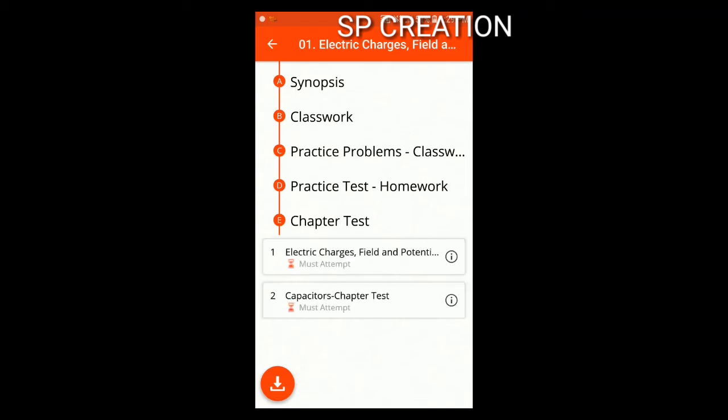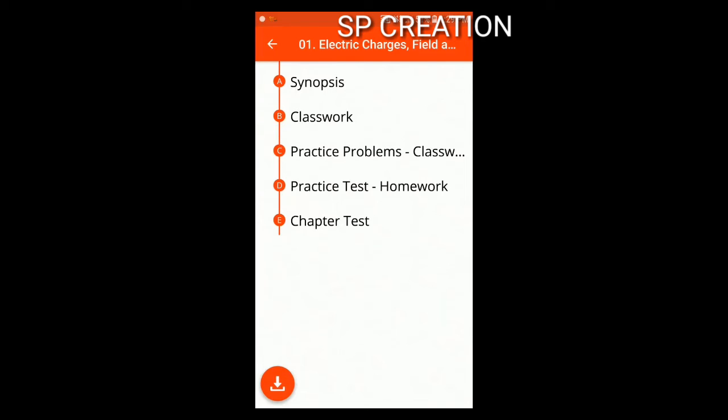If I click it, I notice that chapter tests are also present under this. So each of these chapters contains the following things. What are those? Synopsis, classwork, practice problems, practice test, homework, and chapter test. And under chapter test, you have 20 questions. And this is again in the test form.